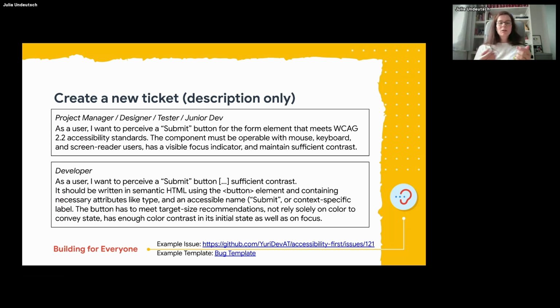This is also important, that we have to check the text inside the button, when the button has a text, to its background color, and the background color of the button to the background of the website. Certain things like this. So I assume for a developer or a senior developer that they be more specific for other developers, or for junior developers, or for developers who are not that into accessibility than project managers.